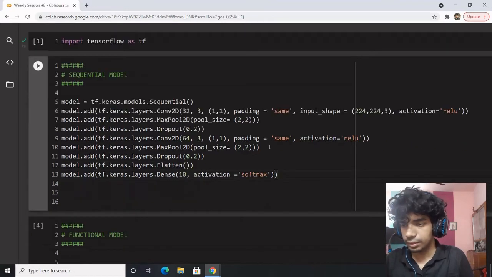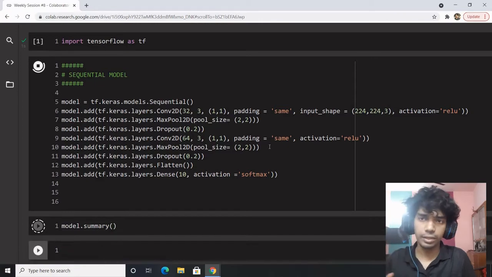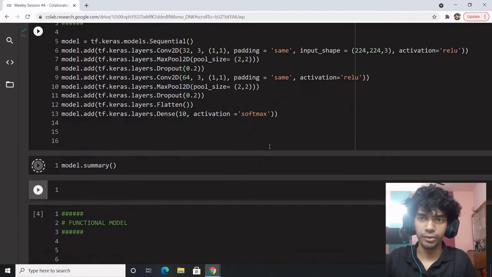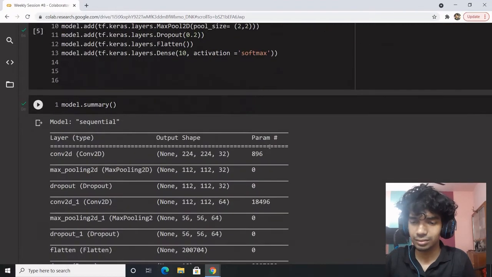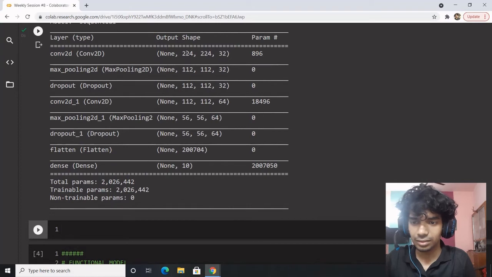Alright, and let's obtain model.summary. This is how the entire model looks, starting with Conv2D with 32 filters.